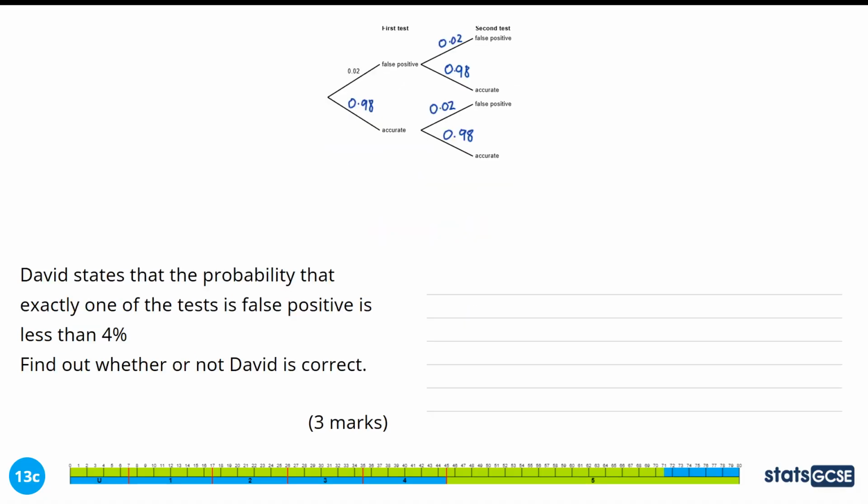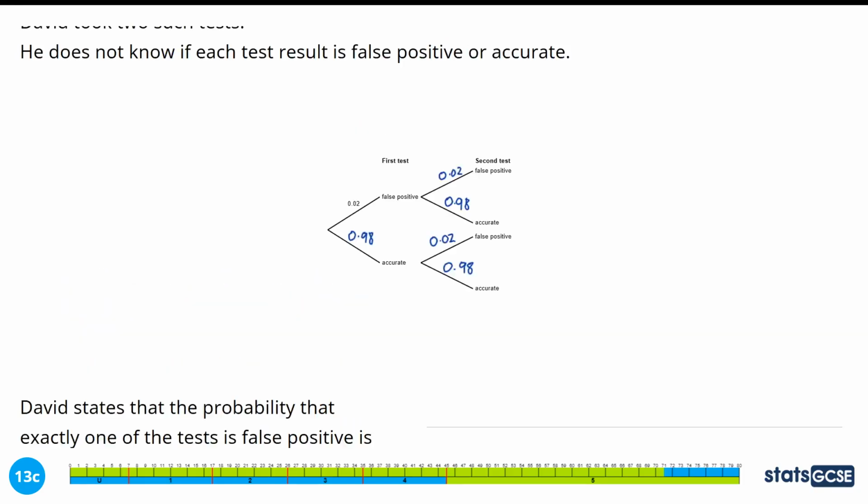0.9604. David states that the probability that exactly one of the tests is a false positive is less than 4%. Find out whether or not David is correct. Looking at the tree diagram, if the first test is a false positive, the second would need to be accurate for us to have exactly one false positive. Looking along, it would be 0.02 times 0.98, which will give us